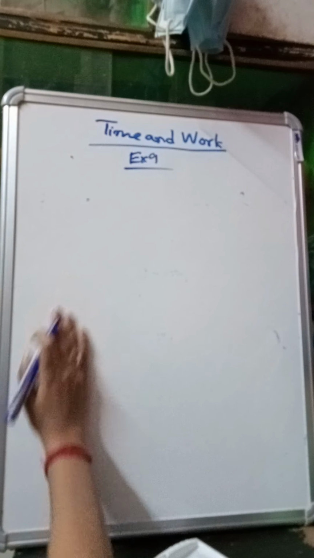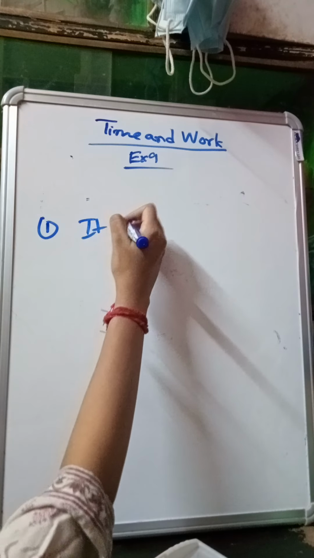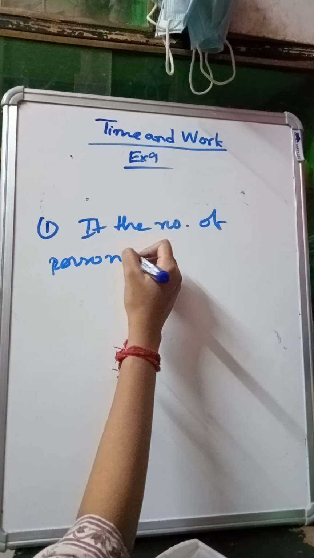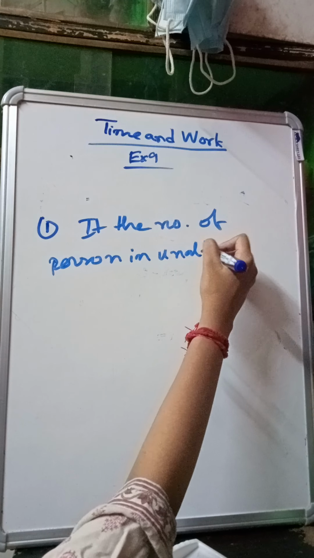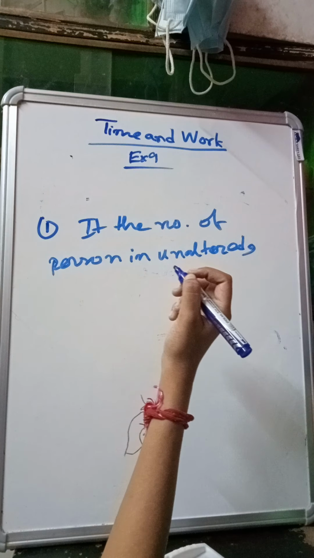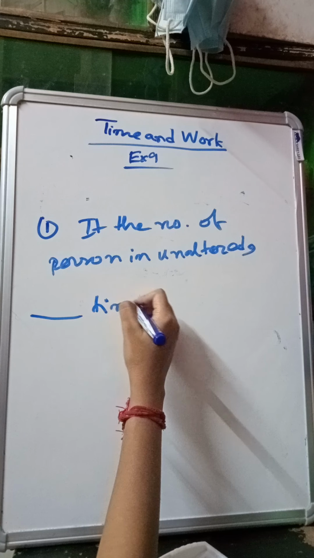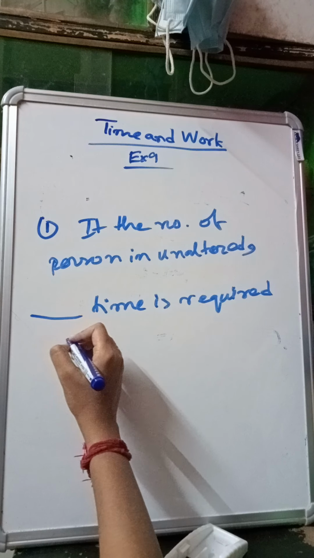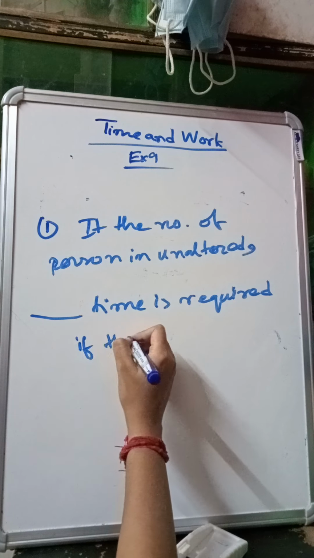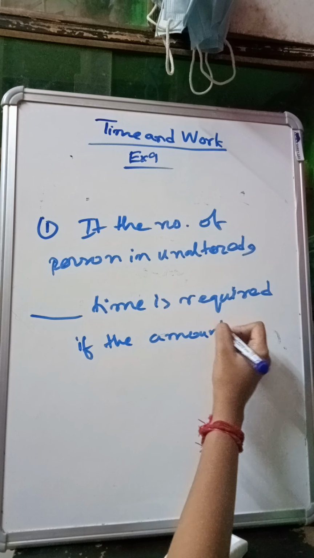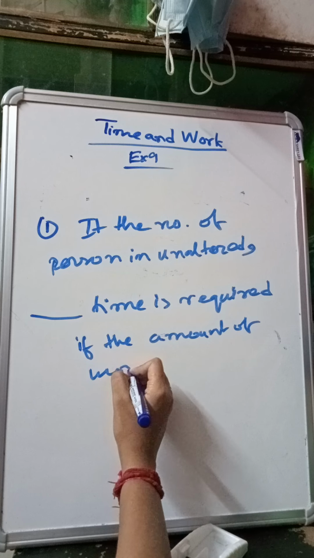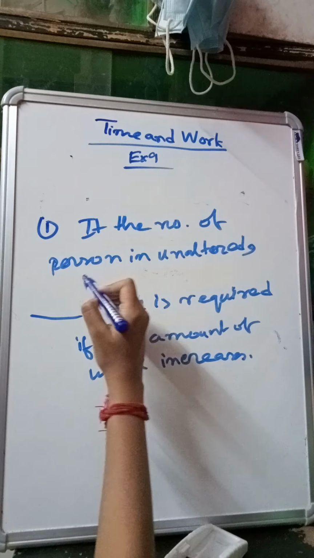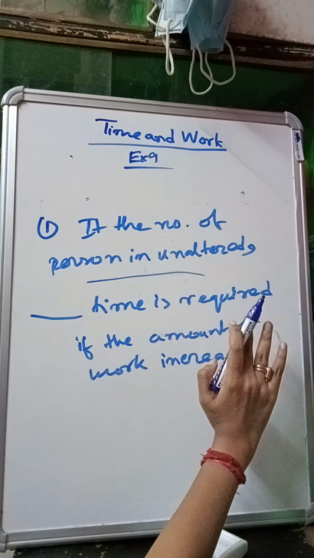If the number of persons is unaltered, unaltered means we are not changing the number of persons, it is the same, it is constant, dash time is required if the amount of work increases. Right, now we are not concerned about this because the number of persons is unaltered, it is remaining constant,